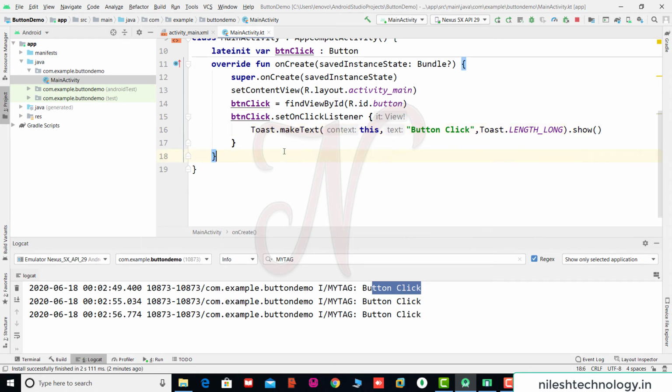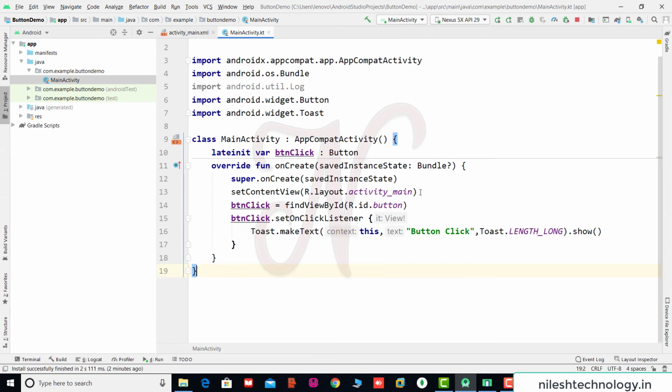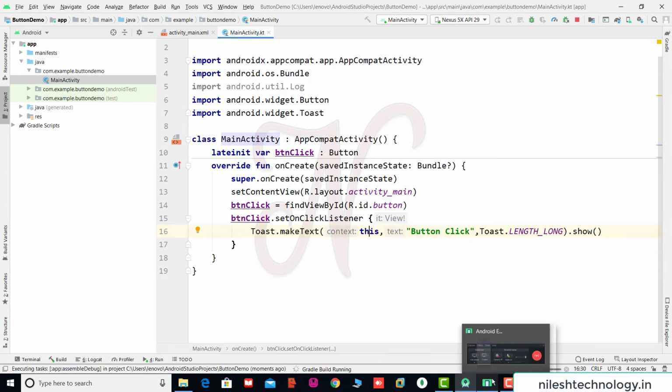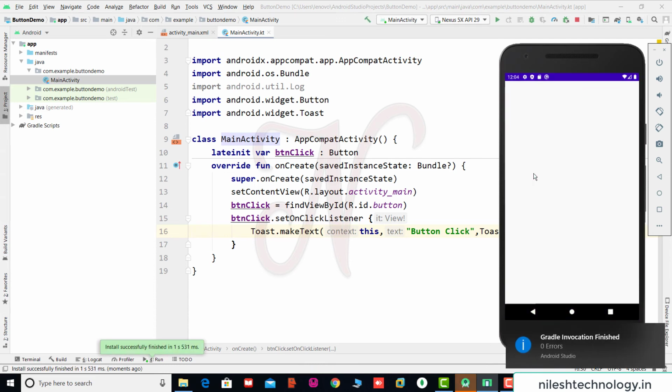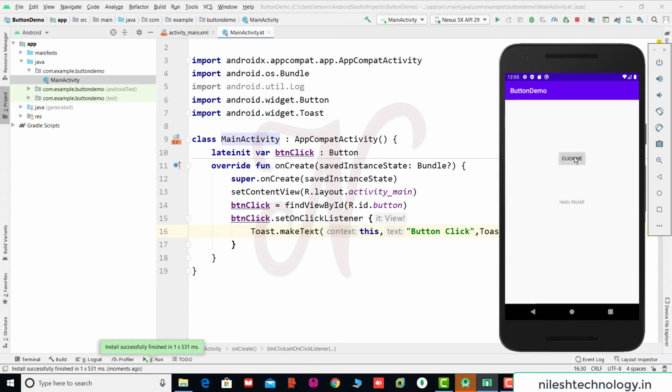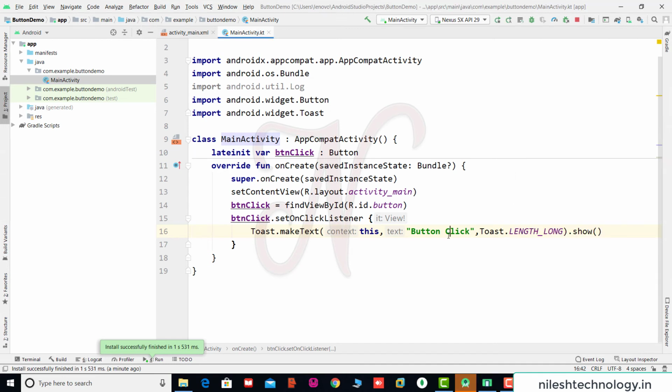To test this code, we run it again. So here we close this logcat section. So right click, run main activity. So see here, now we click this button, and see at the bottom, this is the button click pop-up box. Okay, again click me, button click pop-up box. So this box appears and it stays for some amount of time. It disappears after some period of time. So this is not clickable. They just give some information. So this is a toast.